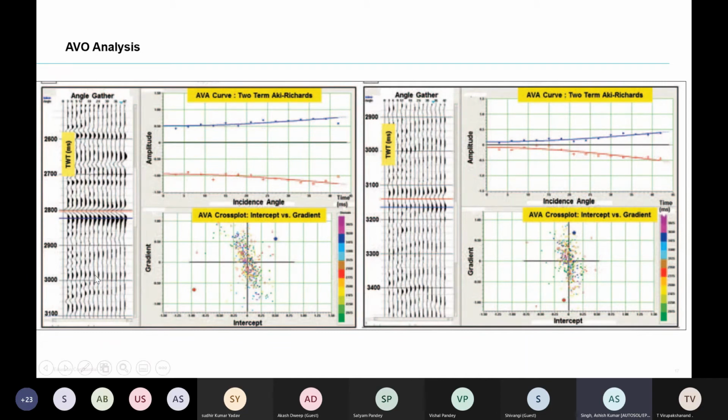In the post-stack modeling, you can see that the lower sand is not showing good amplitude. So I stacked the gather from the seismic data. The upper reservoir is the top of the reservoir. You can see that the amplitude is decreasing negatively. So this is clearly class 3 AVO. And when we are doing the AVO analysis in the second sand, there is a very low impedance contrast.